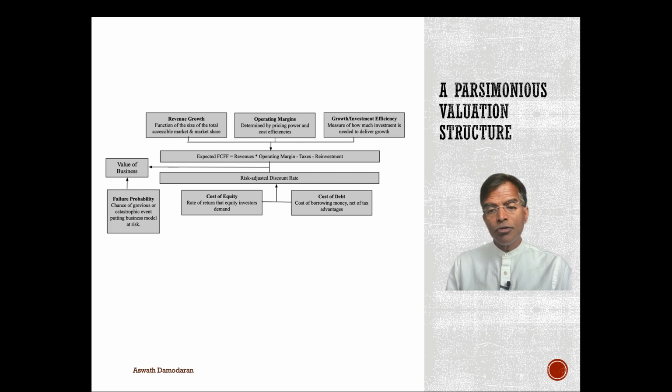Now, the other inputs I need are risk inputs, and I have 2 sets of risk inputs. One captures the risk in my operations, which I capture through a risk-adjusted discount rate, a cost of capital, which is a weighted average of my cost of equity and cost of debt. That captures my operating risk. But there's a second risk. Remember, we talked about failure risk, especially high at early stage in the life cycle and very late in the life cycle. That's almost impossible to bring into a traditional intrinsic valuation structure. You can't hike up discount rates. You can't lower cash flows. You have to bring it in as an explicit failure risk and play through what happens to your equity if that happens. So failure risk captures the chance my company will not make it.